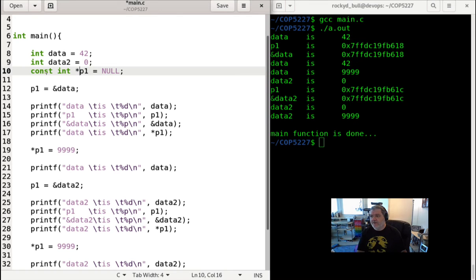P1 is a pointer on a constant int. So what I did lock down here, what I did protect, is actually the area of memory that is being referenced, that is being pointed to. Okay, the area of memory whose address is in the pointer. I said it's a constant. You cannot modify it. So if we try to compile this, let's go here,